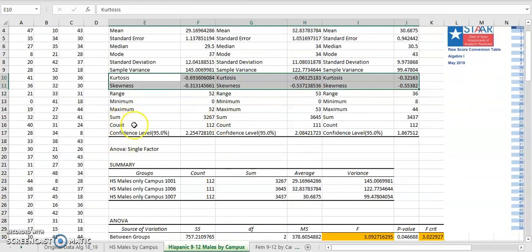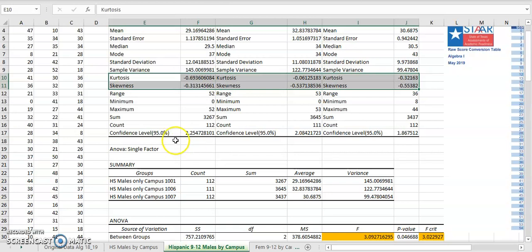The next thing I'm going to look at, as I said, I manipulated my student count in Campus 1007 specifically so I could learn about the post hoc procedures. I didn't want to have just 2 campuses in my ANOVA. I wanted 3 so I could compare them and do the post hoc.